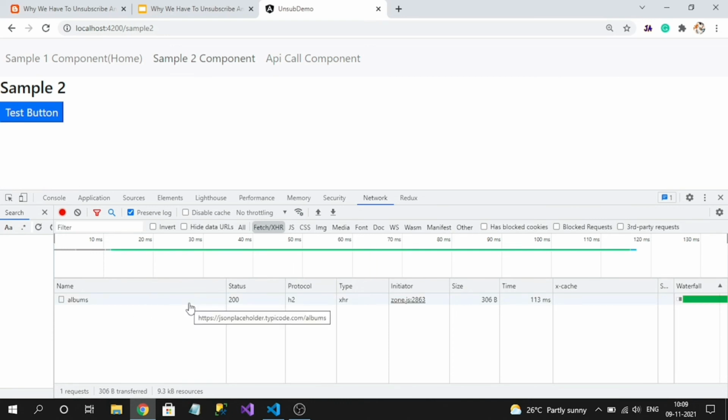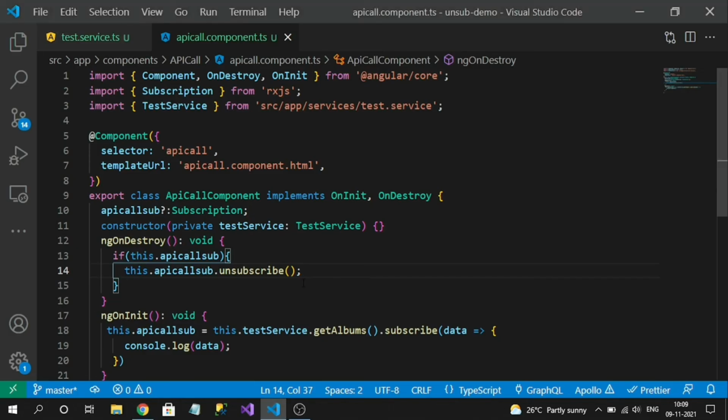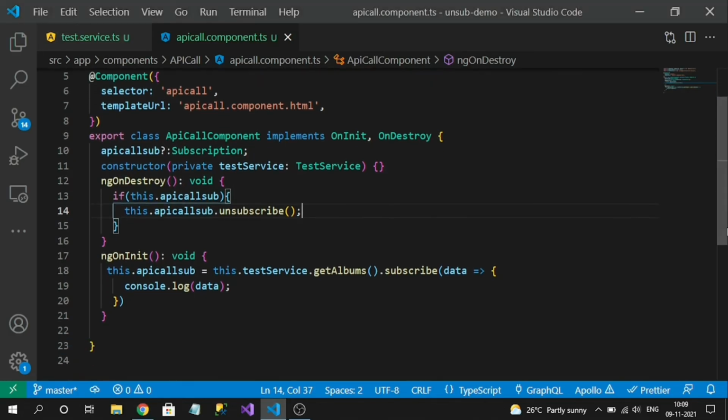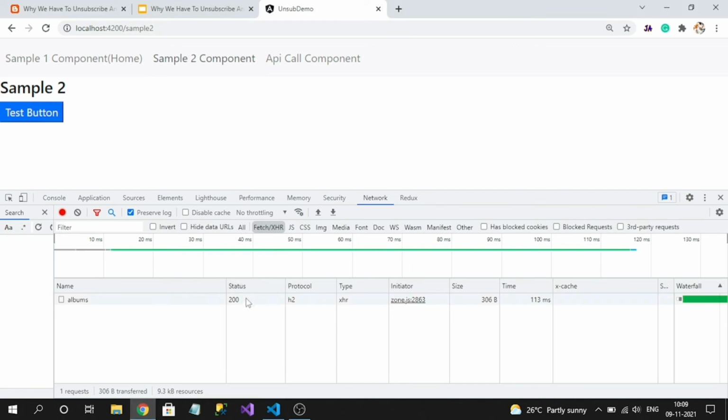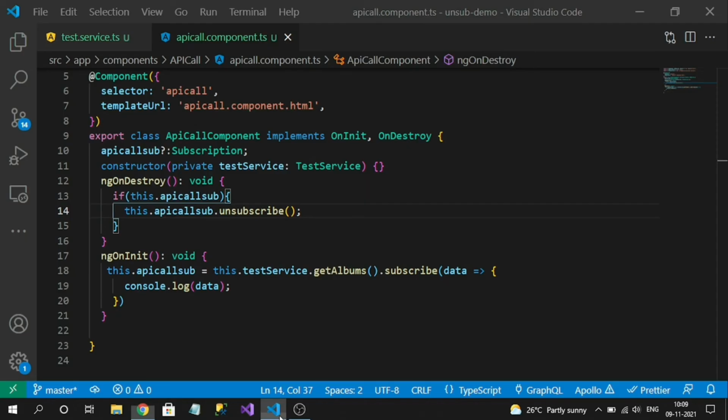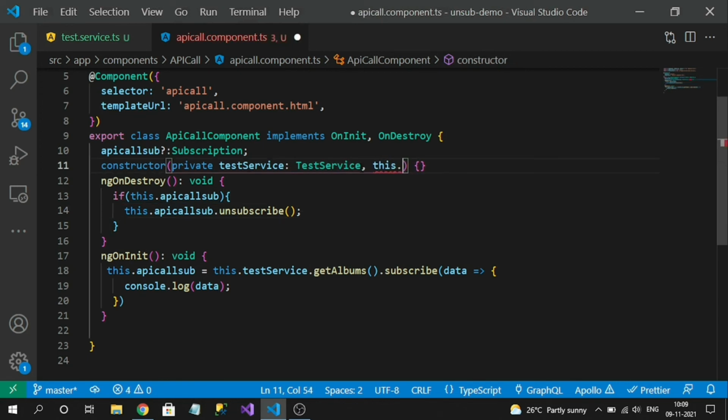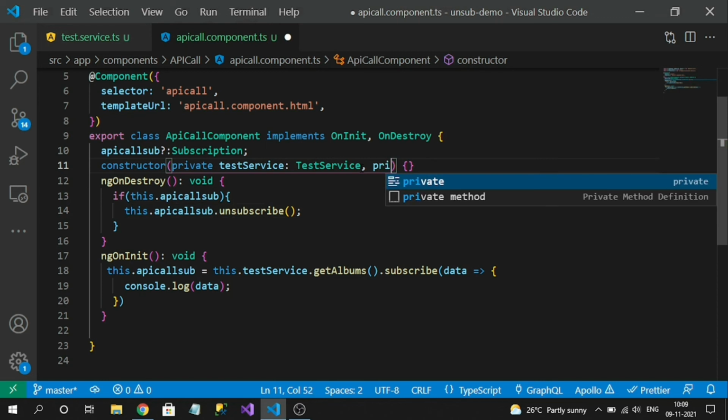Here it is quite fast. So I will manipulate the code itself, because from the UI it is faster. Before I shift, it is loading, right? So for testing purposes, I will import router.